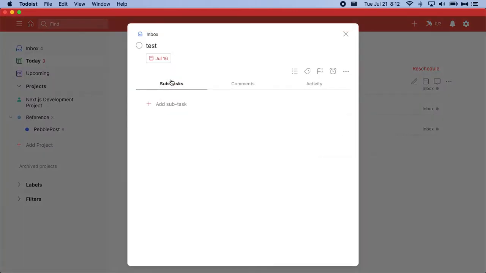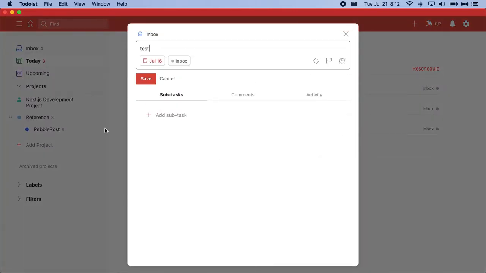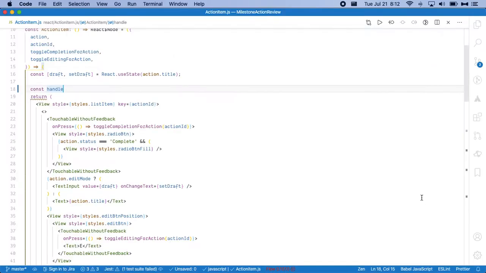Doesn't change. Lost that draft state. So that's something to consider. Definitely just being able to enter this draft state and edit all of these fields at the same time. But for right now, we're going to